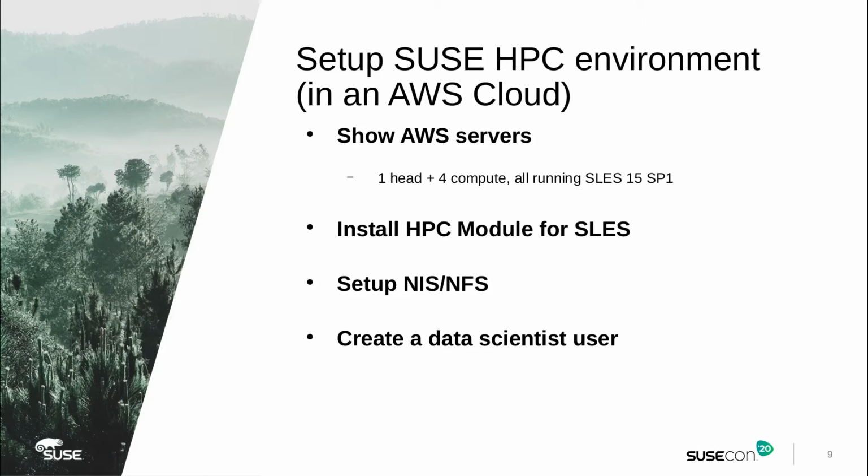After I have a base operating system installed for these 5 nodes, then we need to install the high performance computing module from SUSE, the SUSE HPC module for SUSE Linux Enterprise Server. It's simply a module. It's an easy thing to do. I will demonstrate how that's done. After installing the module and the necessary software that goes along with HPC for these different roles, one role for the head node, and then a separate compute node role for the 4 compute nodes, then we need to set up